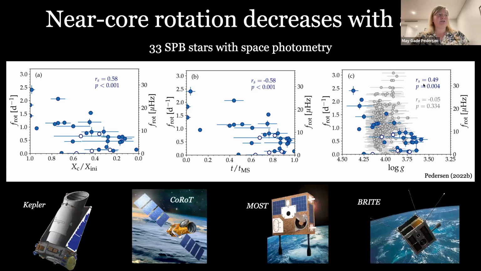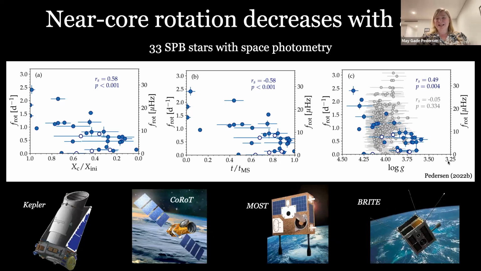This result is slightly different, or less clear, let's say, if you look at another group of gravity mode pulsators called the Gamma Doradus stars, which, like SPB stars, also have period spacing patterns that you can use to derive rotation rates. But these stars are F-type stars and much less massive, not quite as massive as the SPB stars. And so you see here, from this sample of about 600 such Gamma Doradus stars, that no such clear trend is seen as for the SPB stars.